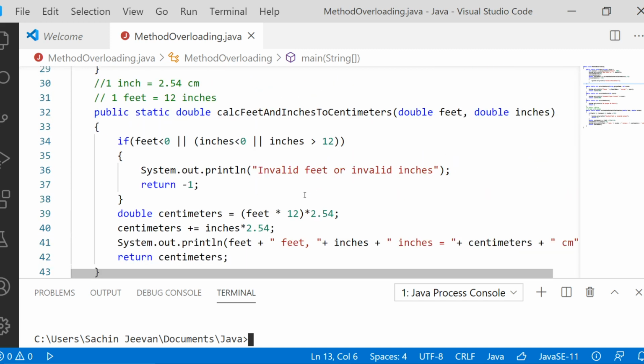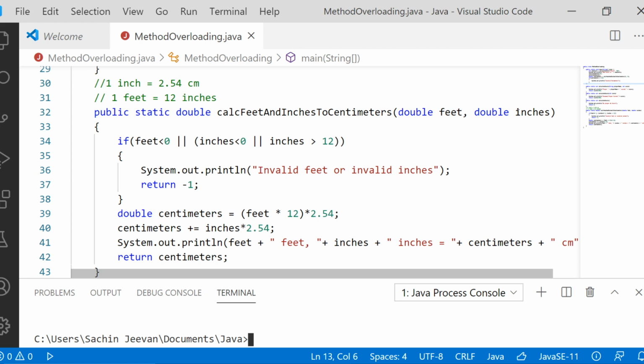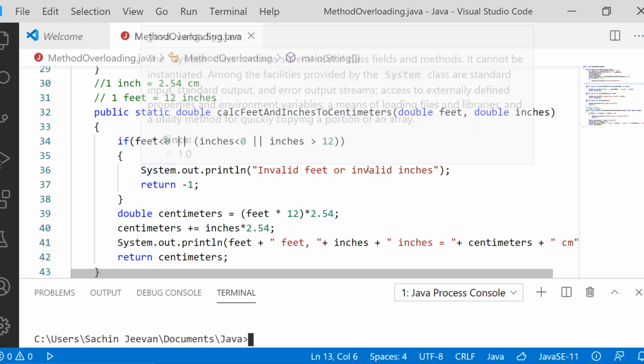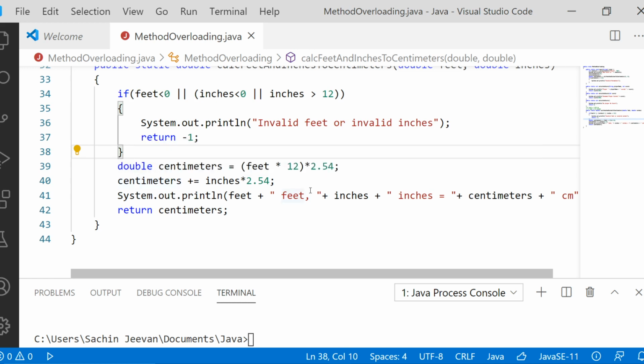So far, what we have done is we have taken a method called calcFeetAndInchesToCentimeters, and we are taking two parameters, feet and inches, where 1 foot is equal to 12 inches and 1 inch is equal to 2.54 centimeters. And there is a validation that feet should be greater than or equal to 0 and inches should be in the range of 0 to 12. If any one of those validations is violated, then we will print invalid inches or invalid feet and return -1. Else, what we will be doing is calculating centimeters,